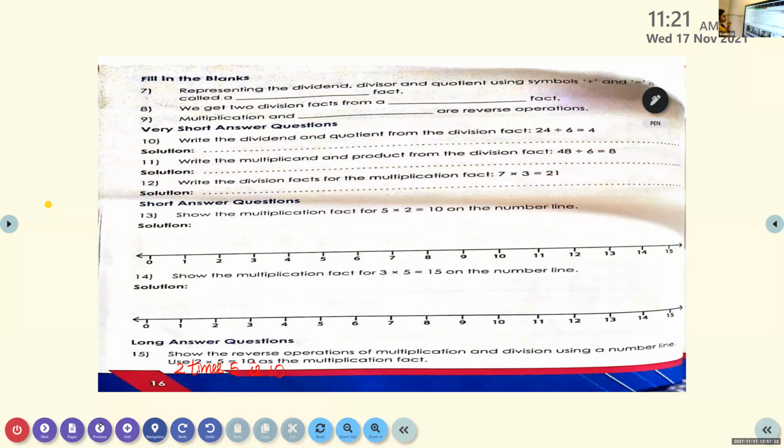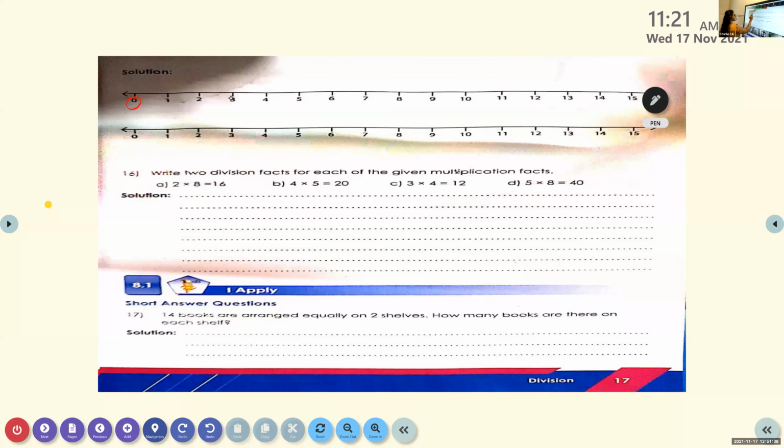Yes, 2 times 5. According to the second number, you have to circle. So the second number is 5. That means every fifth number is to be circled and the product is 10. So you have to stop at 10. Yes. 0, then 1, 2, 3, 4, the fifth one. Then after that, 10. 1, 2, 3, 4, 5. All the fifth numbers till 10. The product is 10, so we have to stop there.